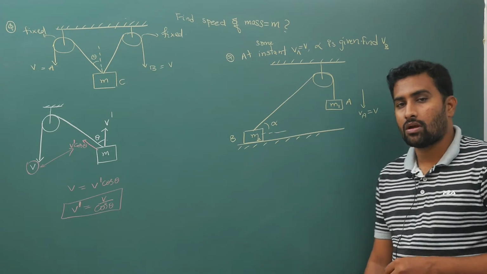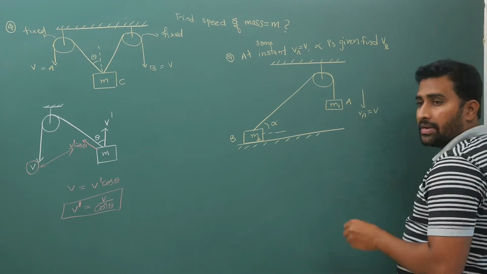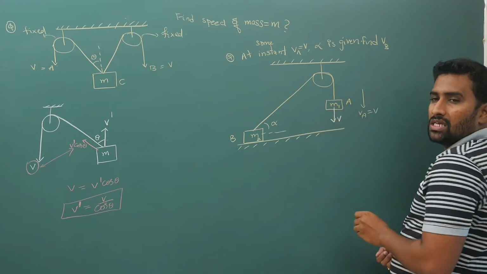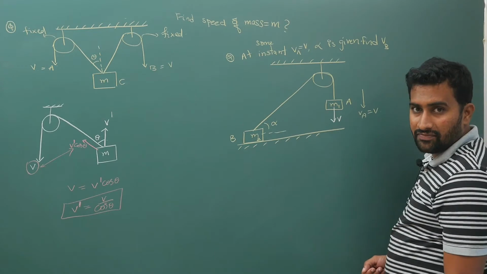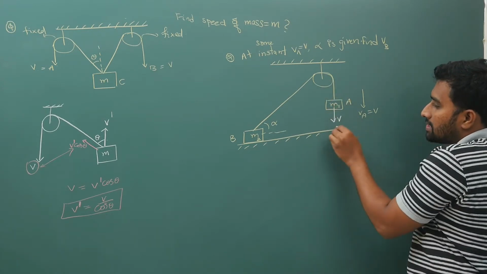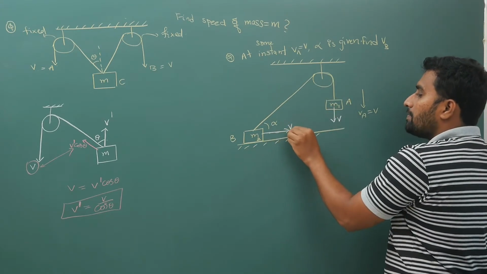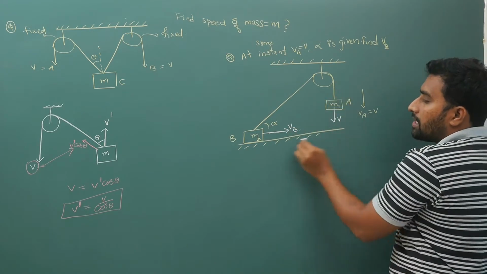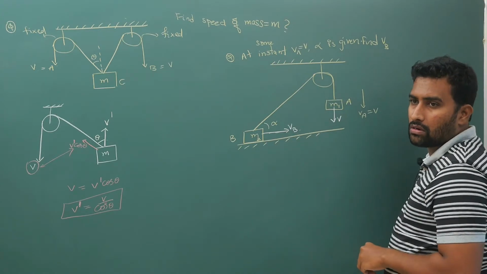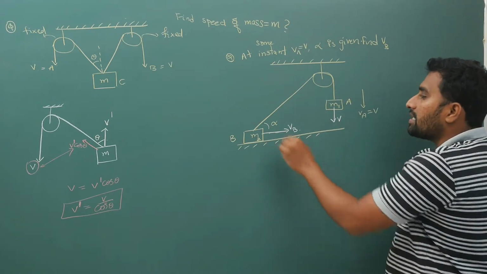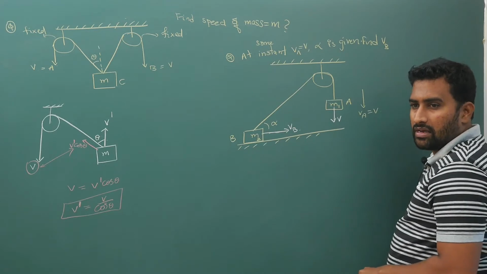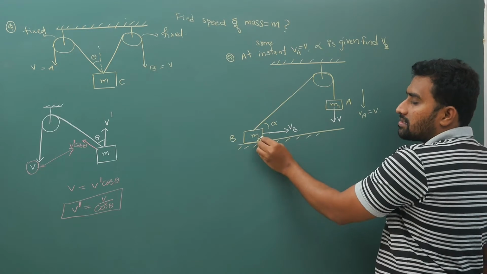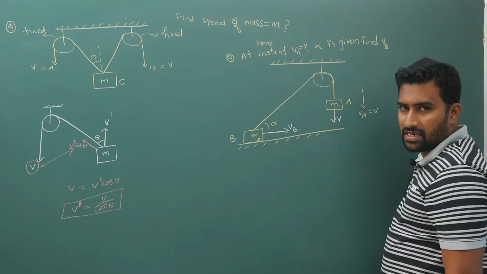Now this block, if it is coming downwards with V, your Va velocity is already along the length of the string. While this is coming this way, your Vb will move this way. While this is coming downwards, it will keep moving on the floor. Don't think it will fly. This thing will fly provided, in the next part when I talk of friction, everything.